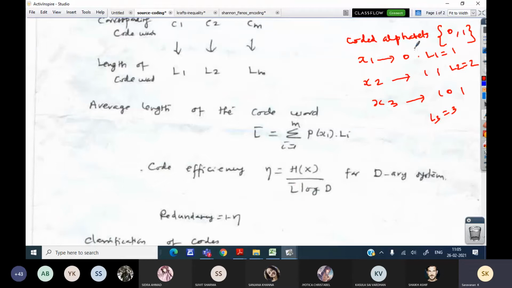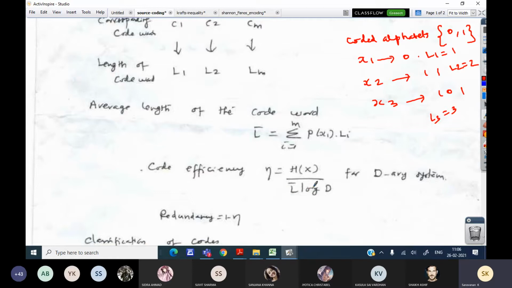L bar uses the length of each code word, that is, how many bits I use for each code. If my coded alphabet is 0, 1, I count the bits. Sometimes I may use 0, 1, 2 also. Anyway, you have to count how many alphabet symbols are used for each code word, and that gives the L value.